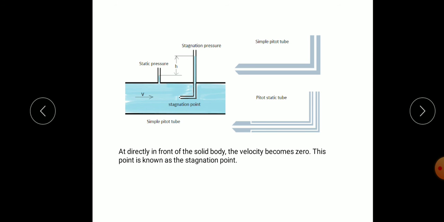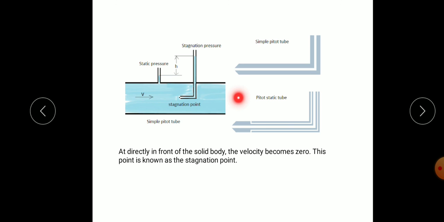We can see that as the flow takes place, the pressure shown as P by rho g is the static pressure. This is up to the height of the fluid, and as the fluid comes to the pitot tube, this is called the stagnation point, and the fluid will rise in this pitot tube. So this H measures the level difference between these two. This is the stagnation pressure, and here we can measure the static pressure.